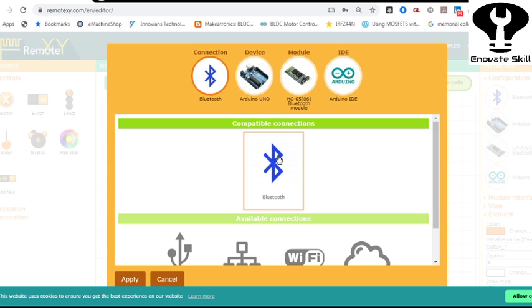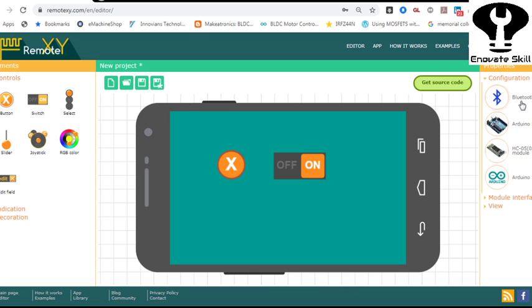Then after that we will move on to the Wi-Fi and IoT applications. Via the cloud also we can control appliances using this platform. This is open source, so no need to pay anything. This one is an open source tool. So after selecting it, apply it, or by default you will find the Bluetooth module initially over here. Now what you have to do,